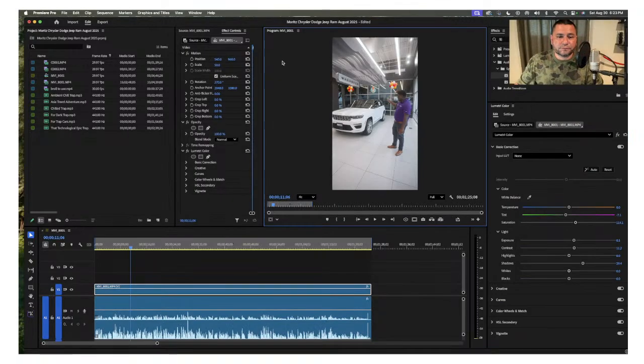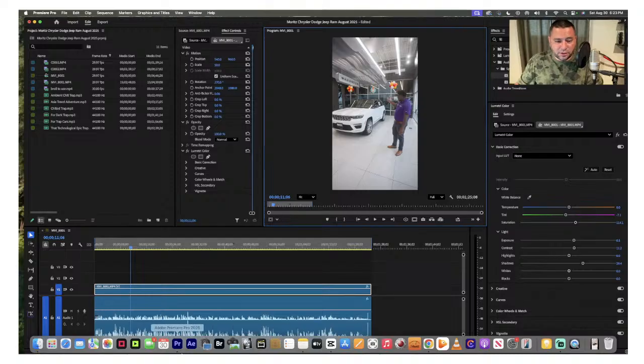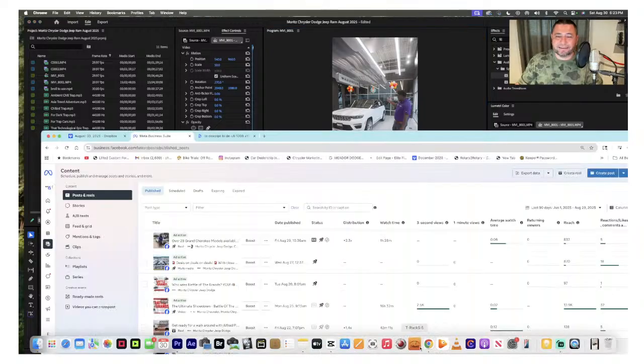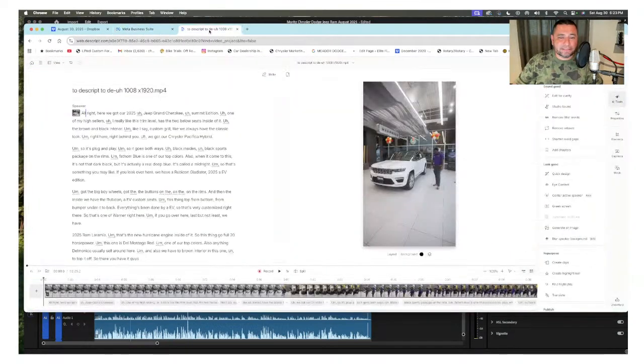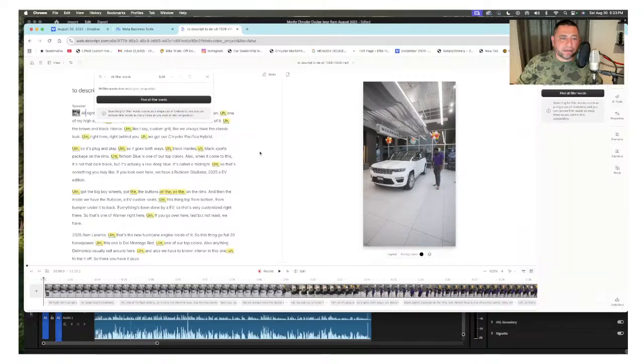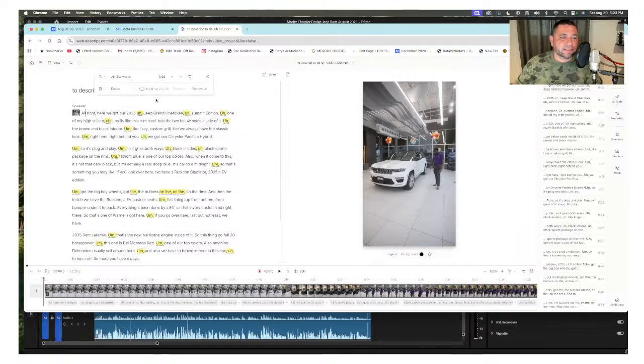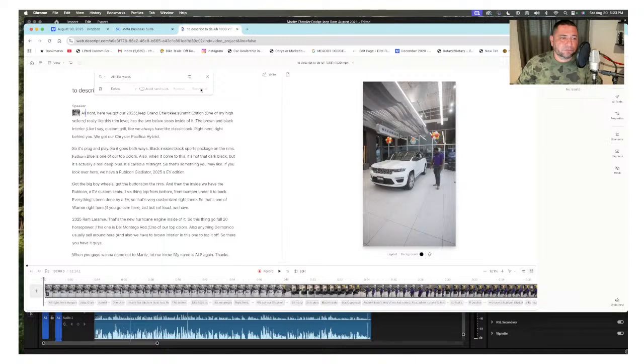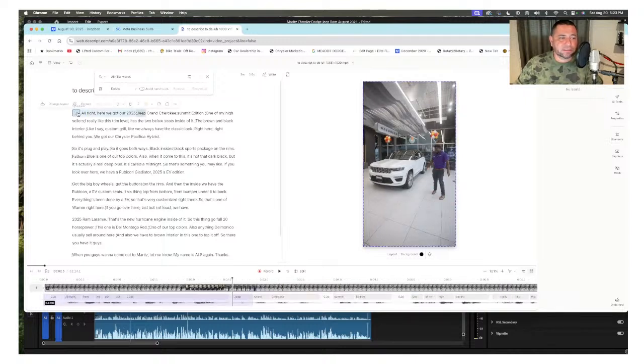All right. So we got this guy. We're going to go ahead and bring it into Descript. As you can see, here's this one. There's so many uhs. Remove filler words right here. Find all filler words, 26. So why would I edit it when I can just